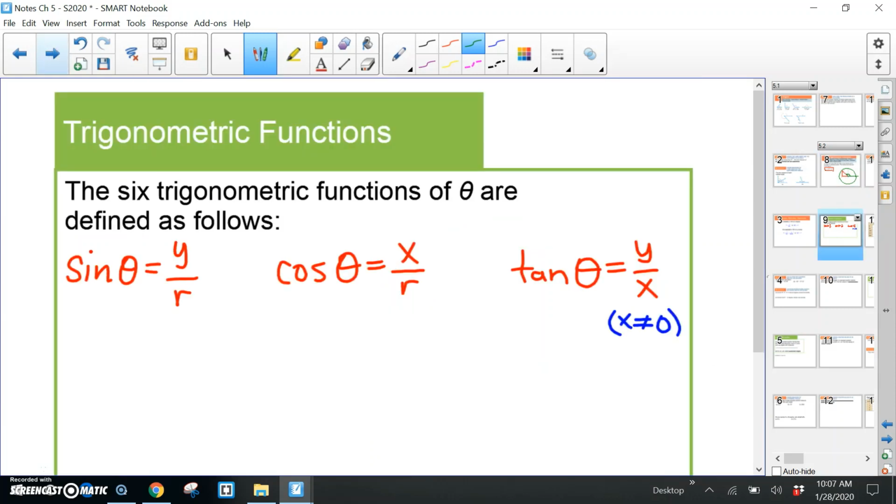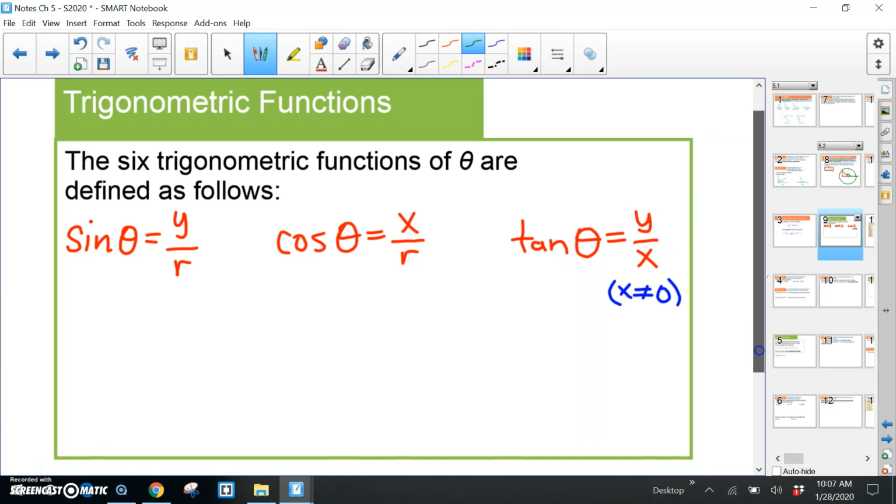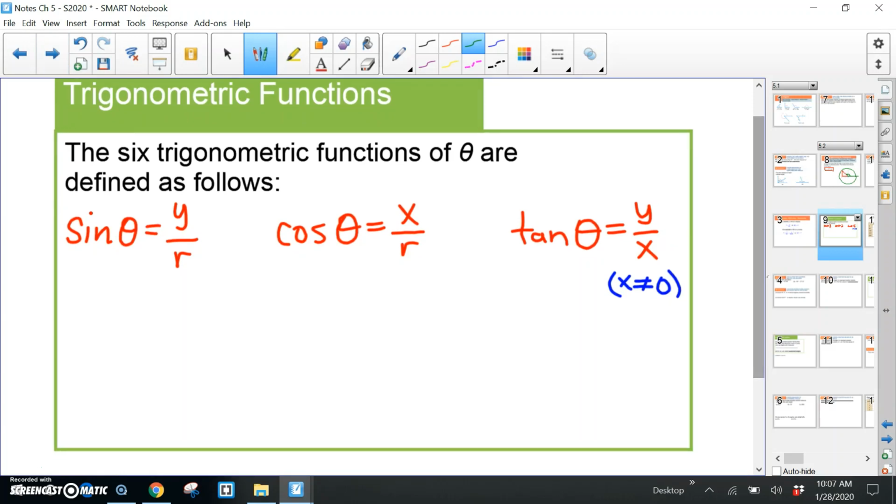All right, so there are 6 trig functions, and I already have the first 3 written down, so while you're writing, I'm going to write the other 3. There are actually 6. We start with those. I call these the big 3: sine theta, cosine theta, and tangent theta. Those are the ones you see probably most often. Theta is the angle. It's a Greek letter. Get comfortable with Greek, because normally they'll use a Greek letter for an angle, but theta is the most common one. Other than sine, cosine, and tangent, we have cosecant theta